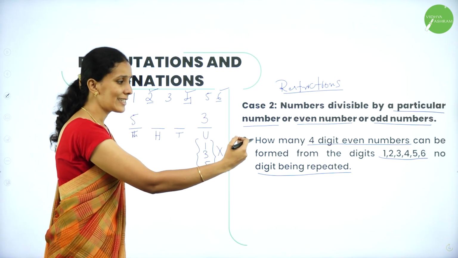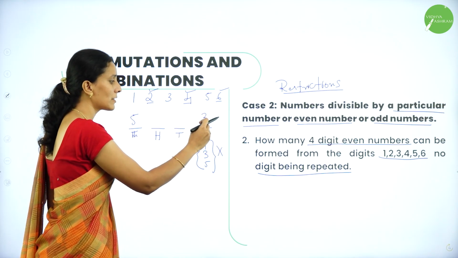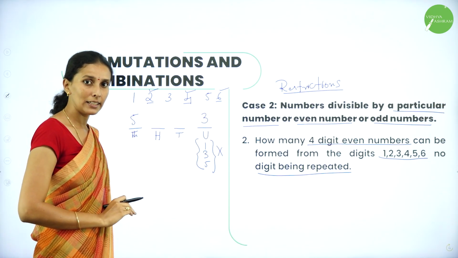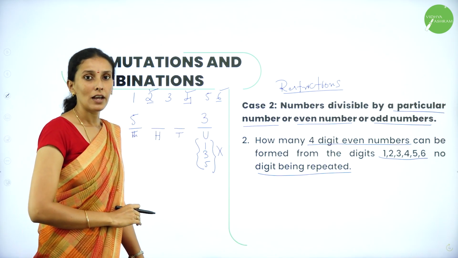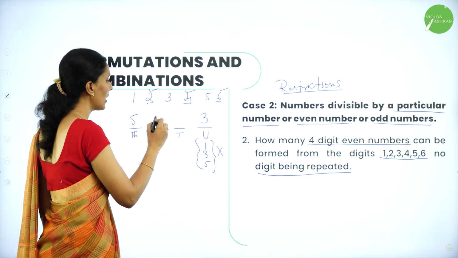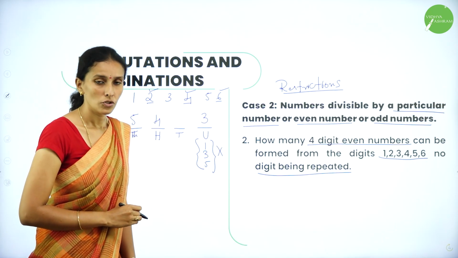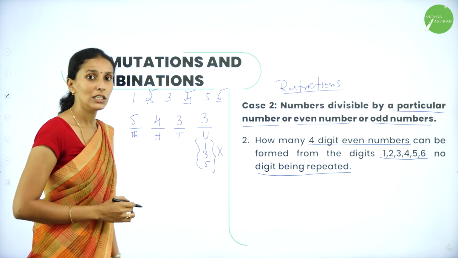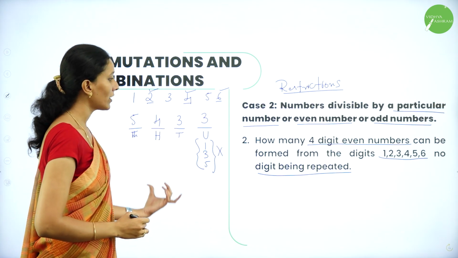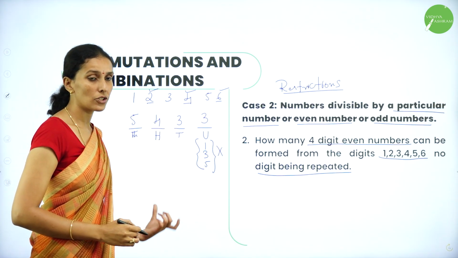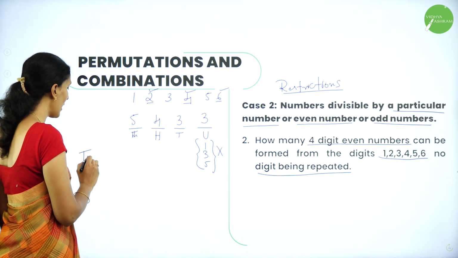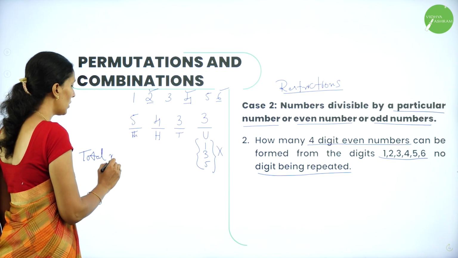Now, since digits are not repeated, the units place has taken one number, the thousand place has taken another number. How many numbers are left? So we are left with 4 numbers. So that is 4 choices for the 100 place, and similarly 3 choices for the tens place. So what is my total number of permutations, or total number of 4-digit numbers here? So therefore, my total number of